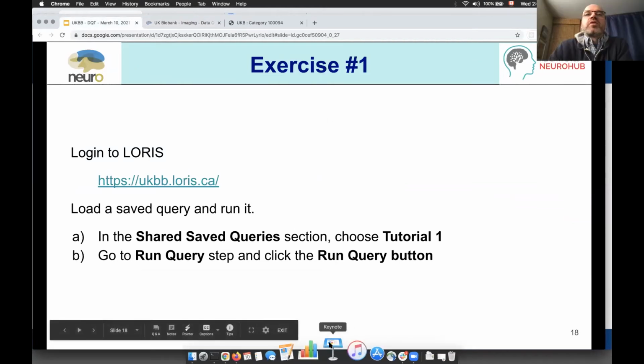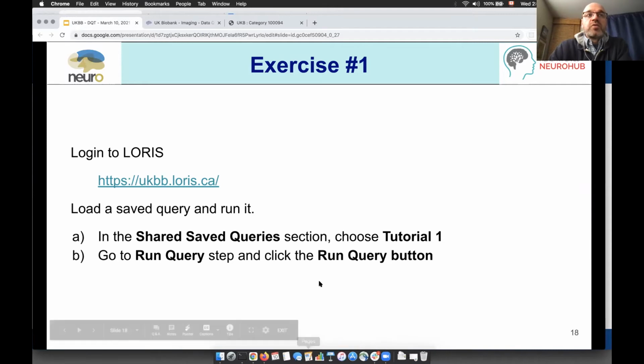This is just a good point to mention again that those who are signed up here and would be able to log into the UK Biobank LORIS instance are those who are part of the application, part of the agreement. Not necessarily everybody who's here. If you've been confirmed, you should have received information about your LORIS account and be able to do it interactively.